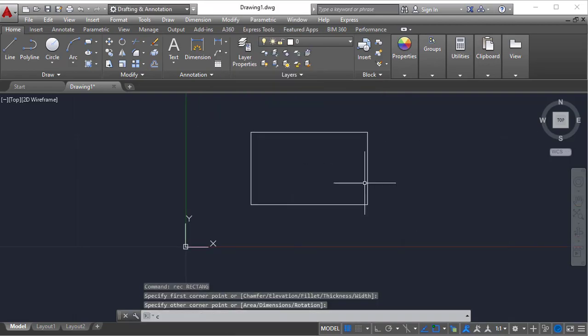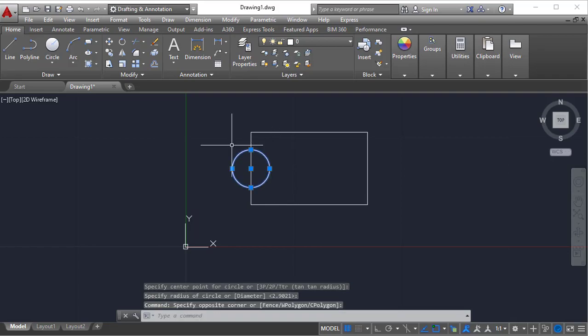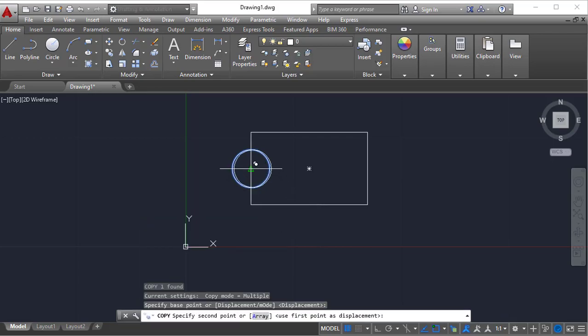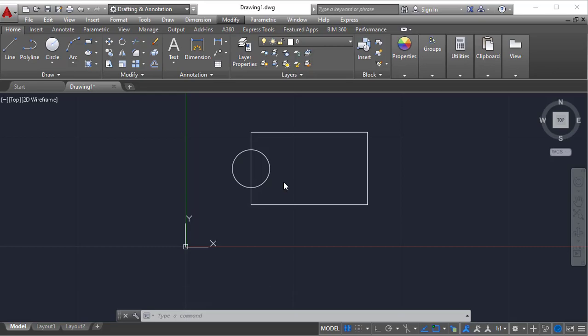I have a rectangle like this, I have a circle like this. See, I have an object like this. If I want to copy the same objects in this direction, I can use a mirror command, or simply I can use a copy command as well. I can do both. Whatever the object here, if I want it in the opposite direction, I can use mirror, copy, whatever it may be. You can use however you want.